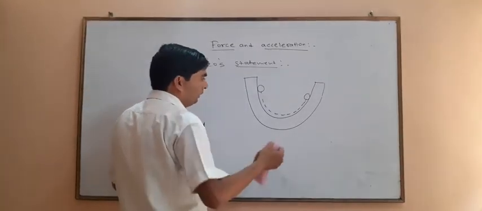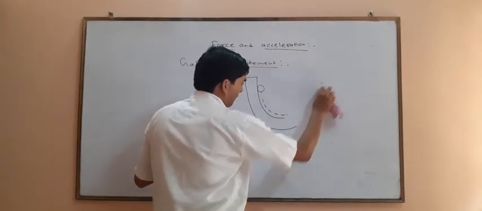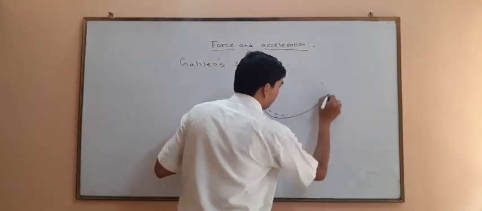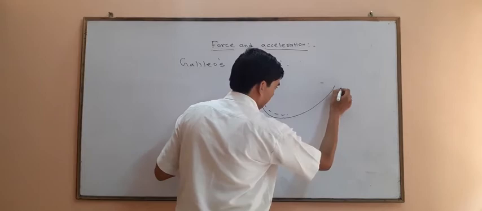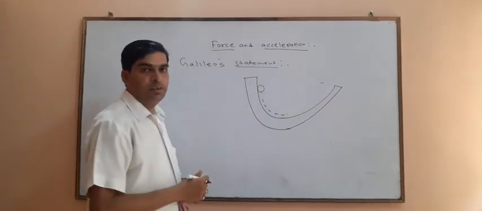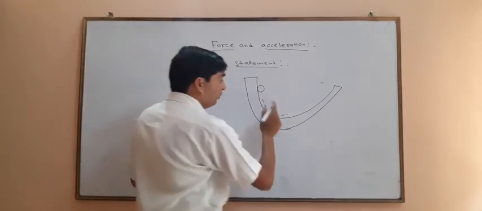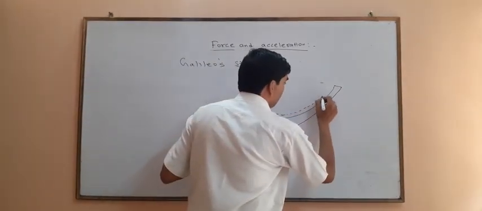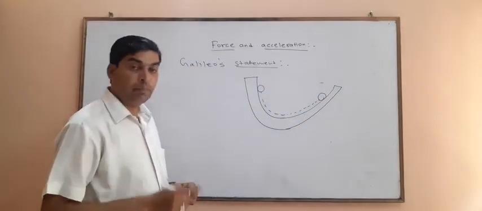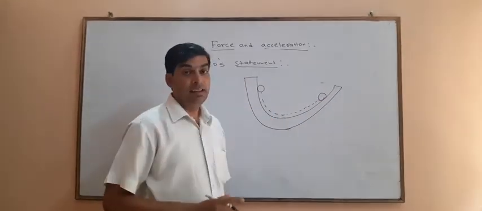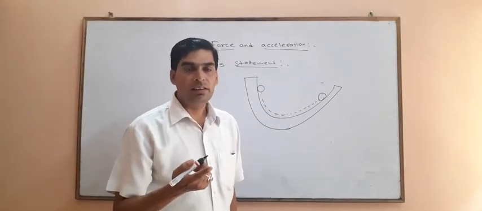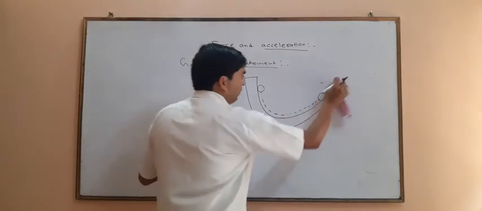So what we are doing? We are changing the nature of this inclination. This time this inclination is disturbed. So what Galileo sir is saying, this time the ball will cover more distance to attain that height. But the ball will try to attain that height if no external force is stopping it to achieve that height. The third condition, if this plane is